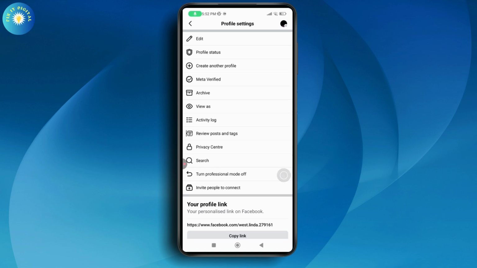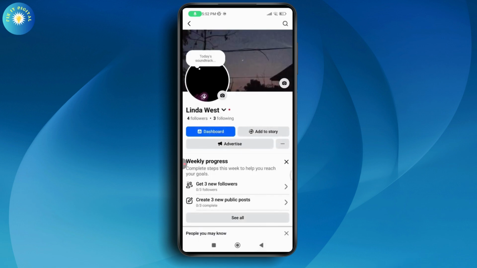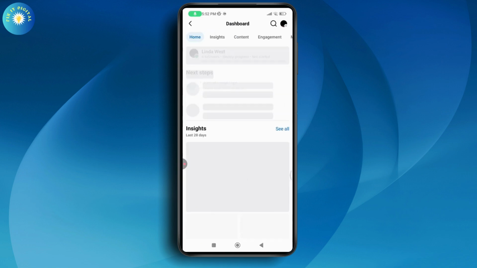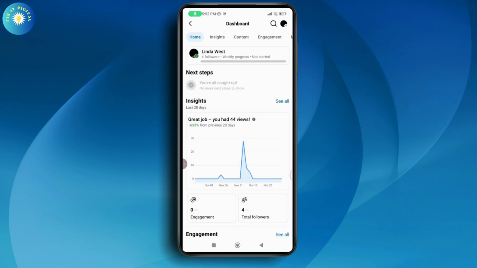Once you turn on your professional mode, you need to just go back, and then on your profile, you will have your dashboard. You need to tap on the dashboard, and from the dashboard, you will have all of the information. You'll be able to choose visit profiles. You'll see total visit counts, trends over time, and demographic breakdowns of your audience and followers. This gives you a clear picture of how many people and which types of people are viewing your account